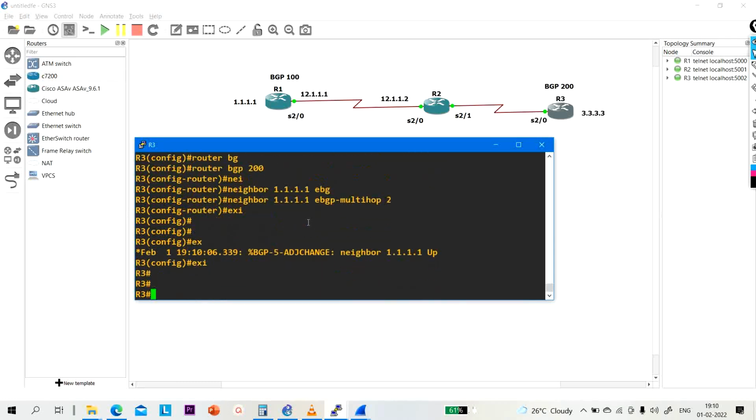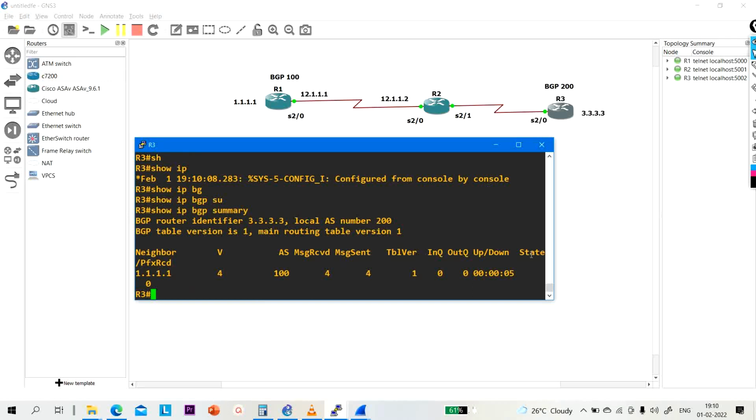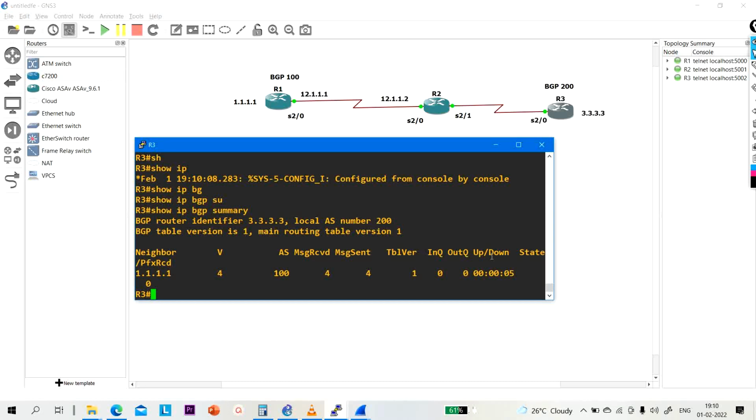Now let me show you. So, show IP BGP summary. Now you can see neighbor is up for 5 seconds. Neighbor is up for 5 seconds. So guys, this is how you can form indirect neighborship in EBGP and IBGP. If I capture this link, let me capture